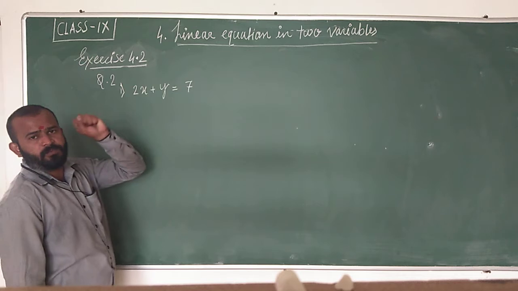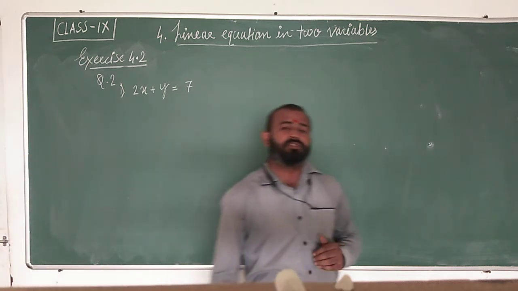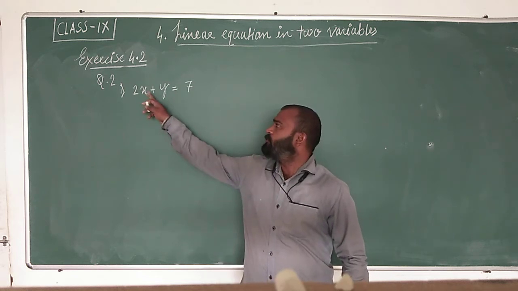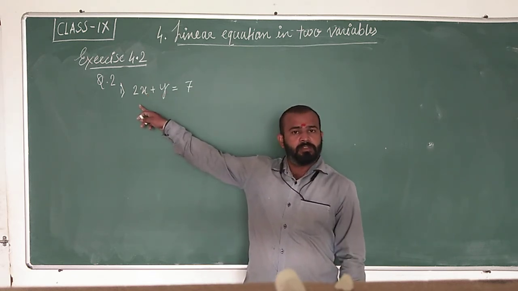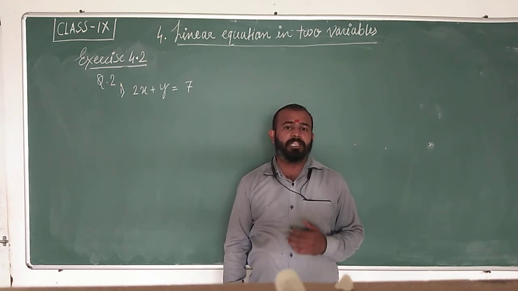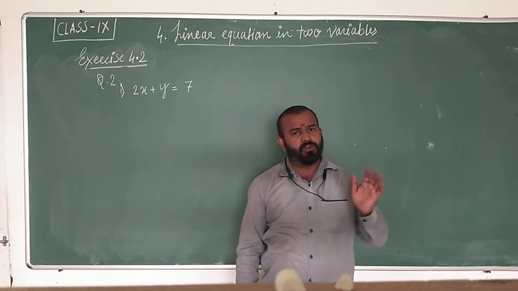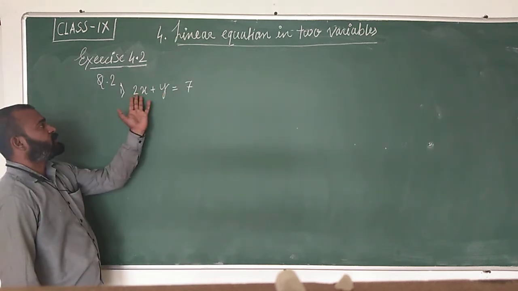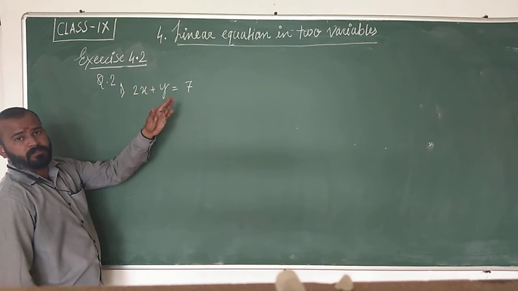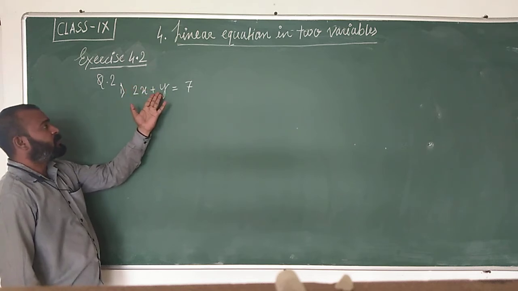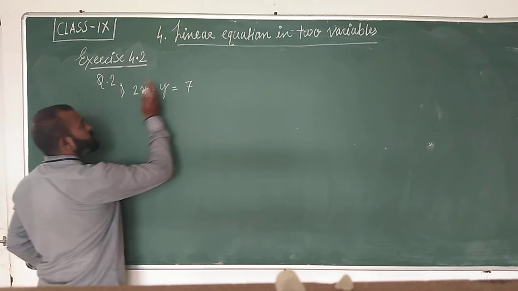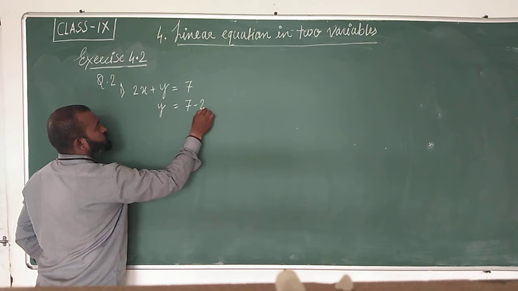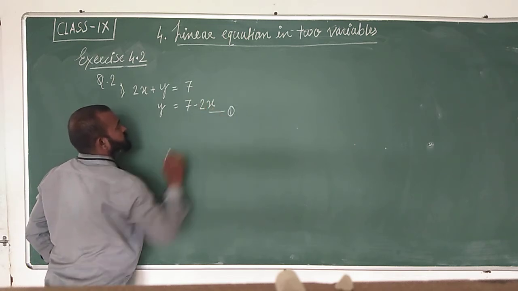See, here for writing solutions, we know that there are infinitely many solutions. So for writing solutions, what did we used to do? We used to put the value of any one variable on our own, and we will get the value of the other variable that will satisfy the equation. So we will go by that method. You can directly put, or you can express this equation in one variable. I am sending 2x to that side, so it will be y equals 7 minus 2x. Equation number 1. Now I am putting values in this equation.